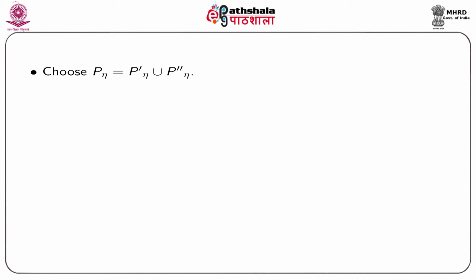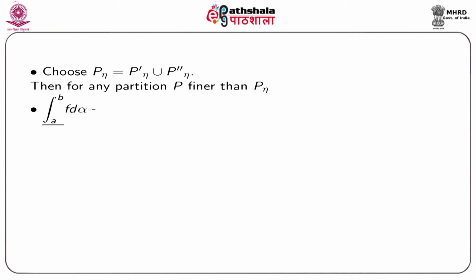So, again choose P eta as P eta dash union P eta double dash. Then for any partition P finer than P eta, we have